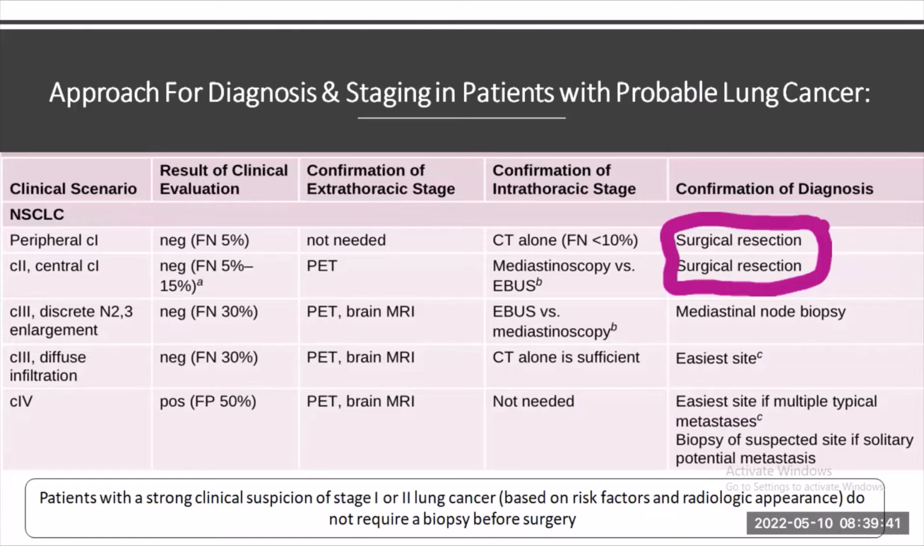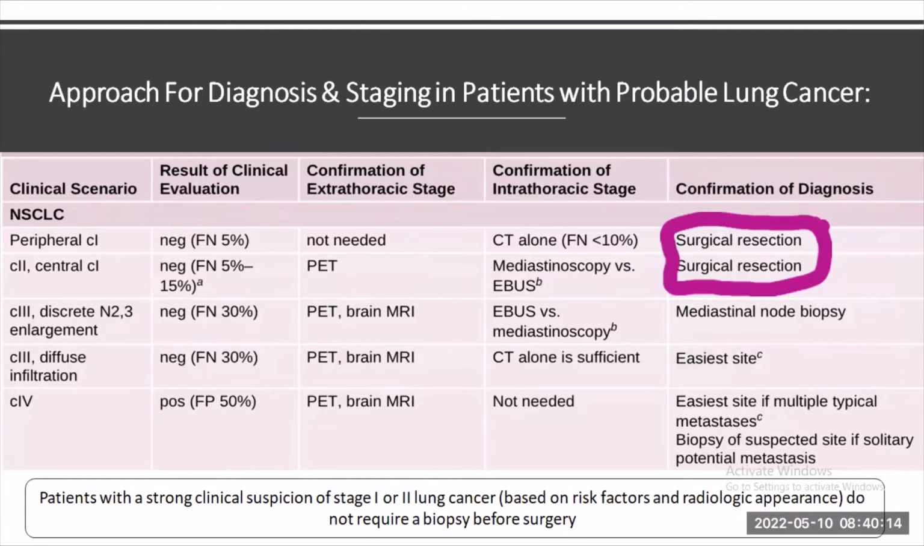Any patient with a CT scan finding of a peripheral clinical stage 1 tumor, with a clinical evaluation suggestive of no finding, there is no need of any imaging for extrathoracic staging. Only a CT thorax would suffice for intrathoracic staging, and we can directly go ahead for surgical resection. Similarly, a clinically stage 2 patient or a central clinical stage 1 patient with no finding